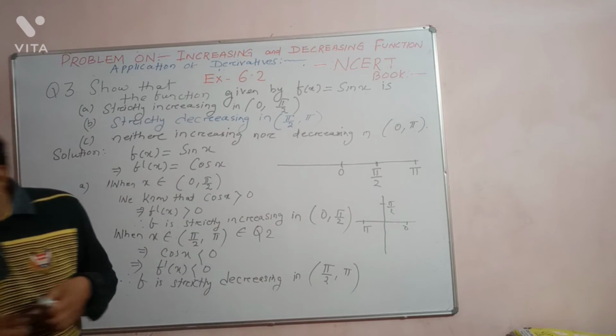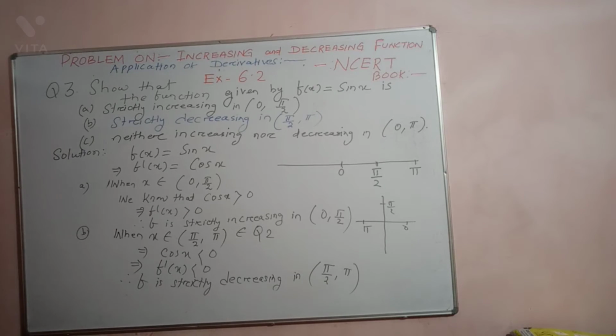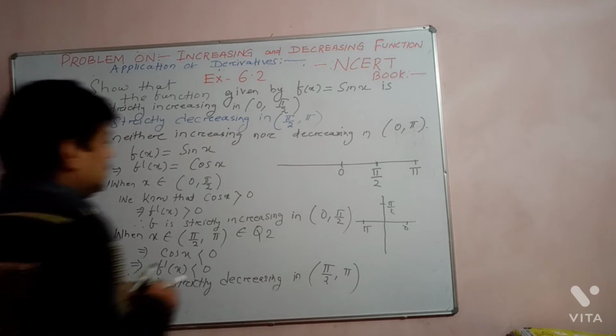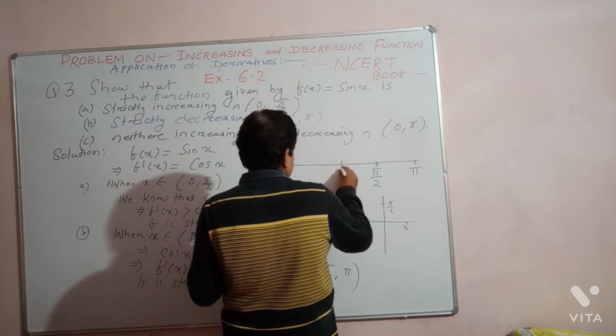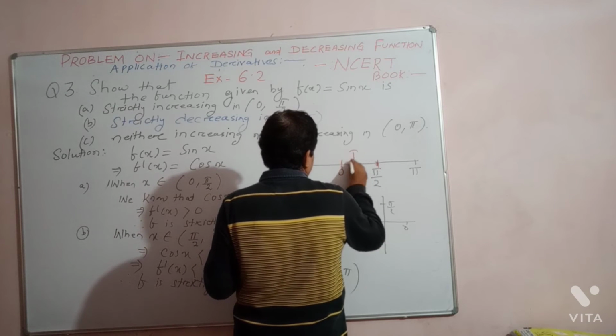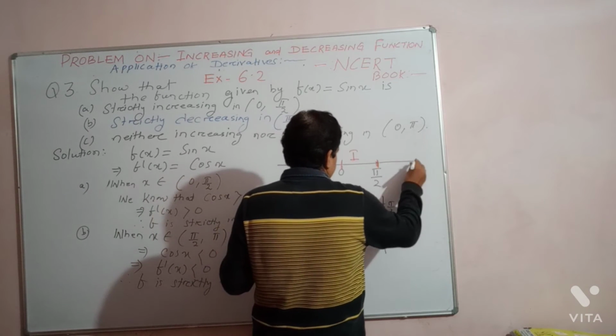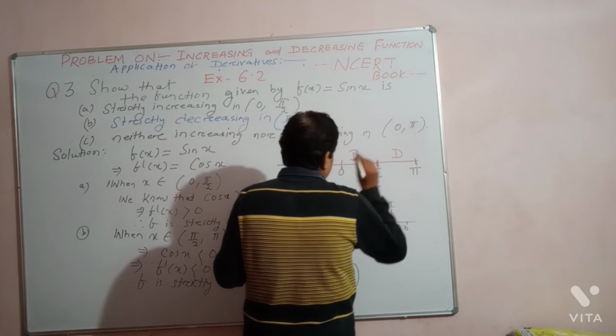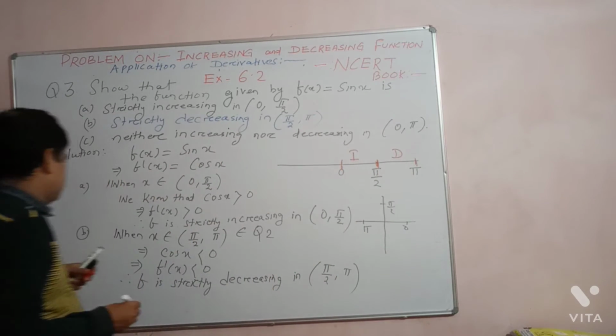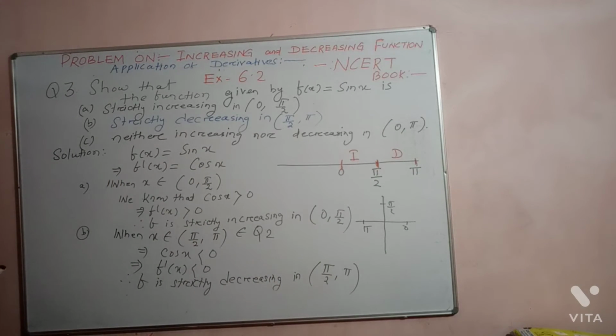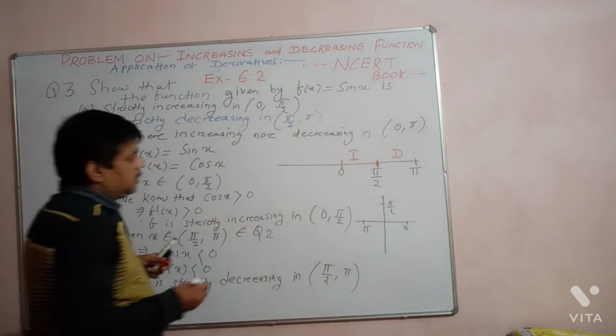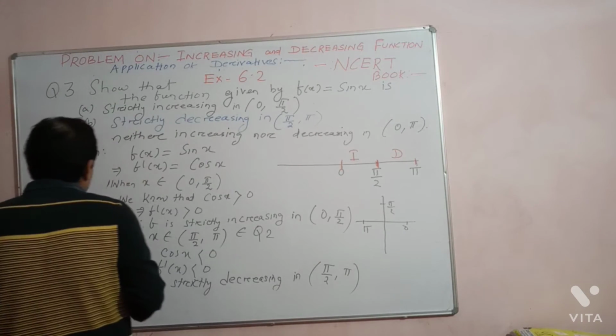And the function is strictly decreasing in the interval. This function is strictly increasing in the interval 0 to pi by 2, and the function is strictly decreasing in the interval pi by 2 to pi. So the function is neither increasing nor decreasing in the interval 0 to pi, because the function 0 to pi,